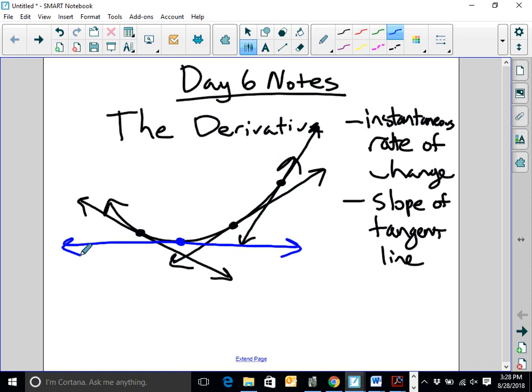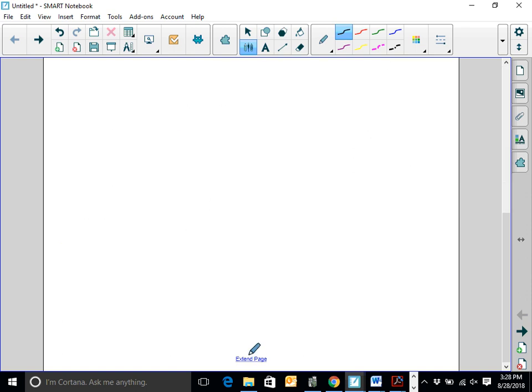So what we want to do now is figure out how we could come up with the slope of a tangent line. Okay, so what I want you to do is draw a new curve, draw it kind of big, just in your notes on the next page. And I want to figure out how I am going to be able to find the slope of a tangent line. Okay, so